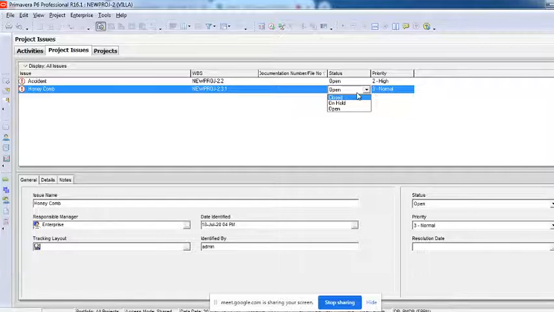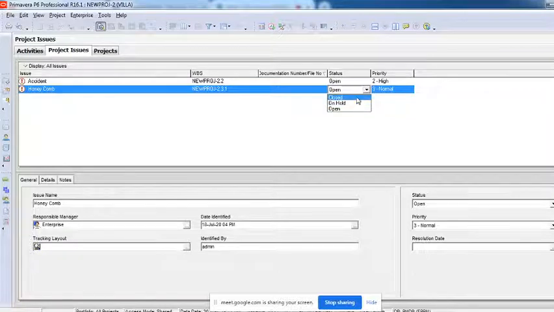What does this mean? Open means the issue is still there and you haven't done anything to that issue. It's not that it has to be, but it's good practice that issues are either closed properly, by finishing it off and mitigating the problems, or put on hold, because we are not going to do anything in between, or these issues are something which can be avoided, so I'll just put it on hold.